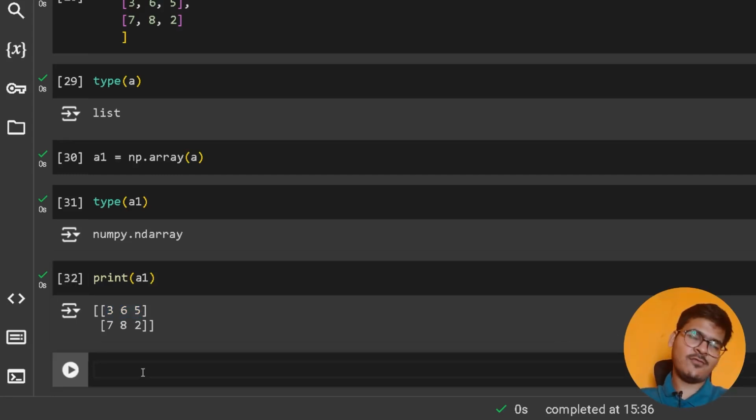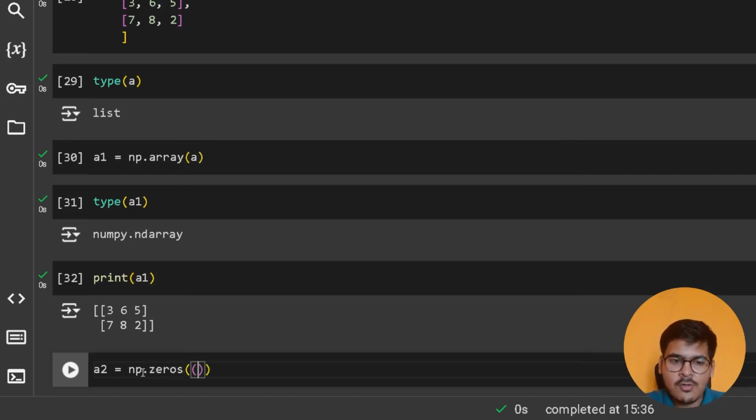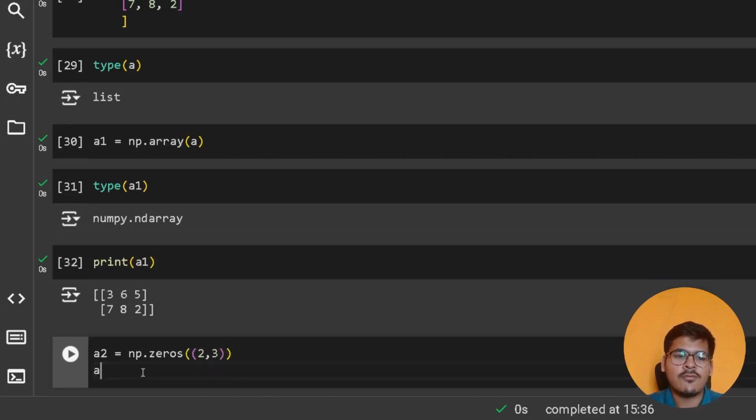Now similarly, if you want to create a NumPy array of a particular size, 2D, with all zeros, in the previous lecture I told you that you have to provide a length. For 2D, you have to provide 2 parameters, a tuple of number of rows and number of columns. So what I can do is I can say A2 equals np.zeros, a tuple of number of rows and number of columns. So if I say 2 comma 3,